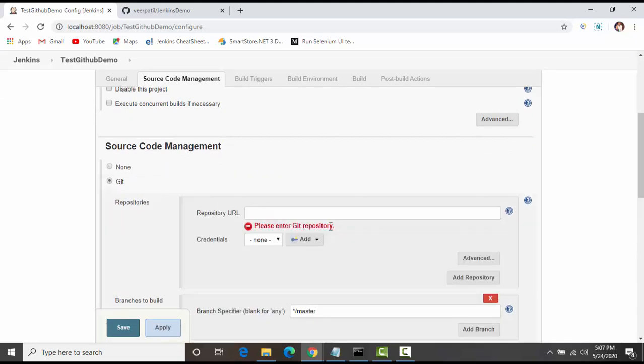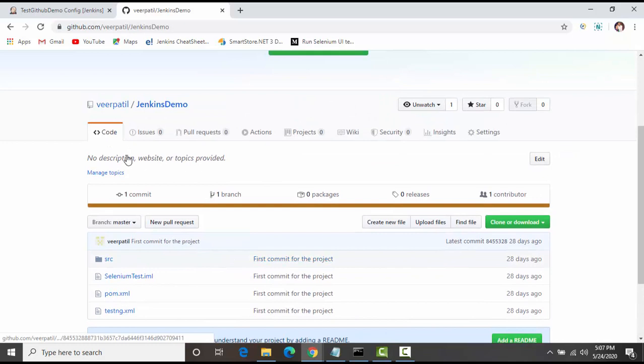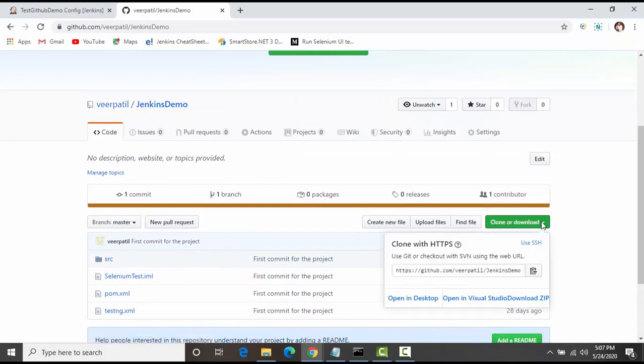Now under the source code management section, select git. Okay, so here you need to specify the repository URL and the credentials for the git account that you are using. So for me the git URL, I will click on clone or download and click this particular URL.